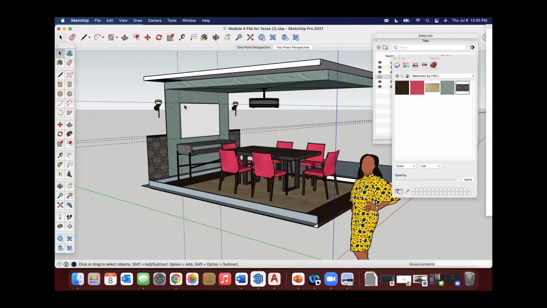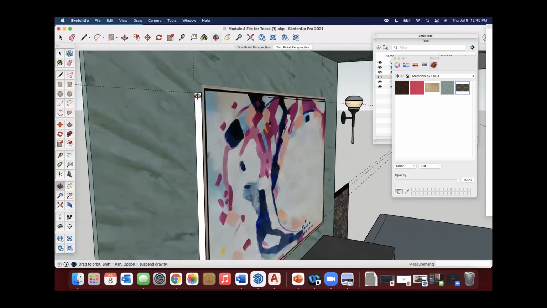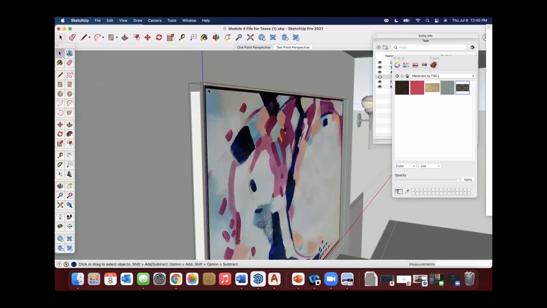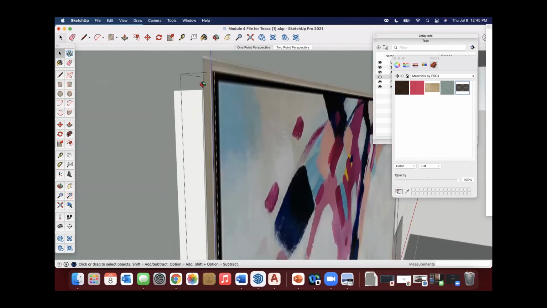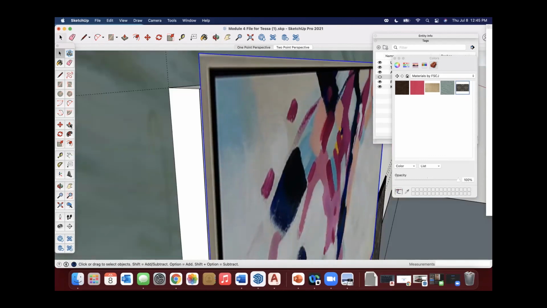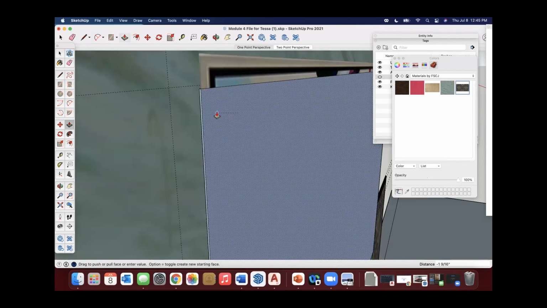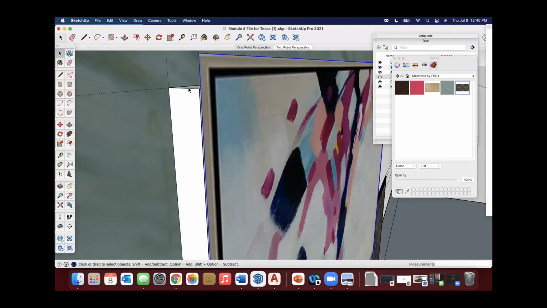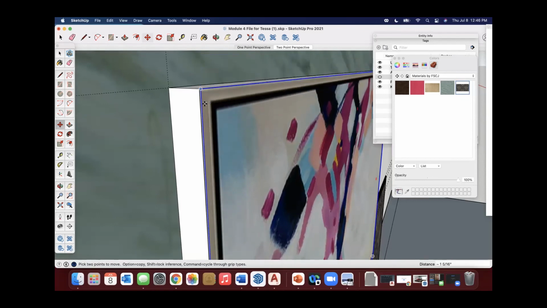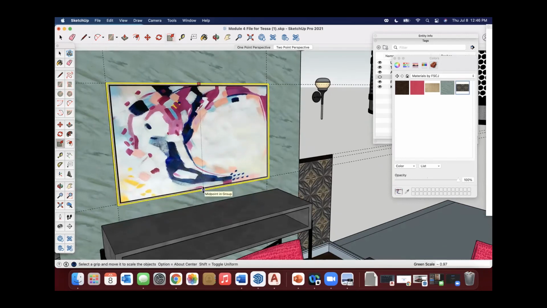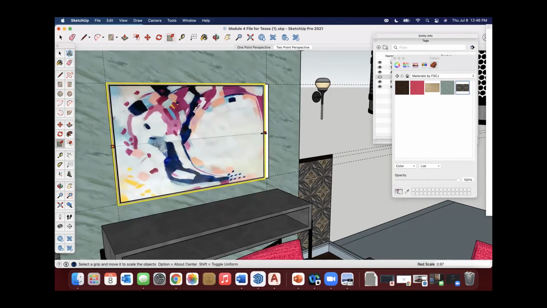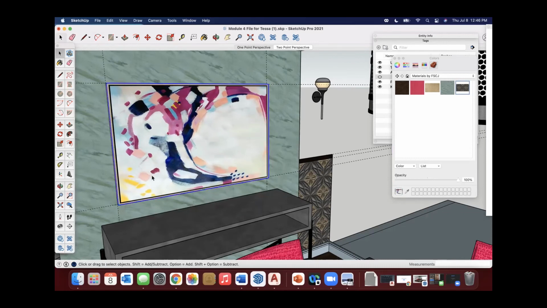There we go. All right, so now I can scale this. I'm going to take the scale command, grab it, and scale it to the size of my frame.